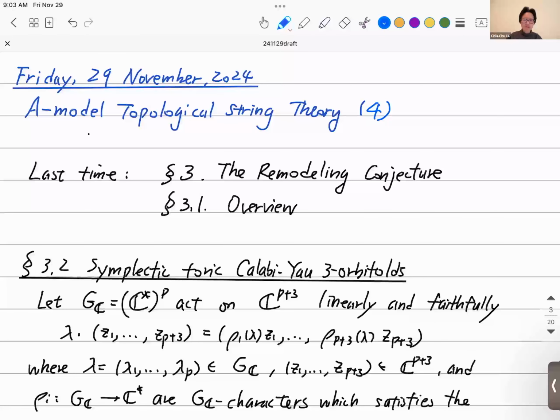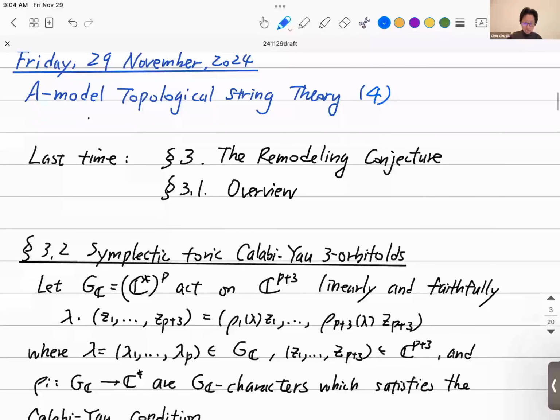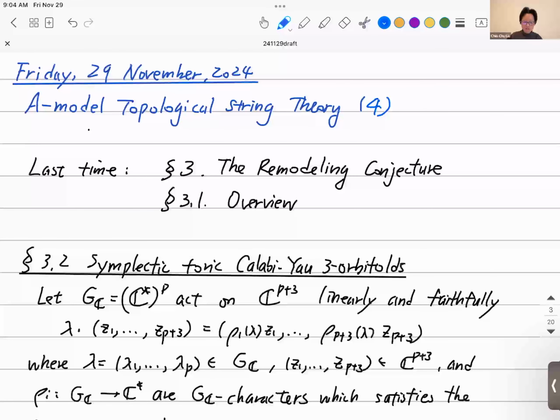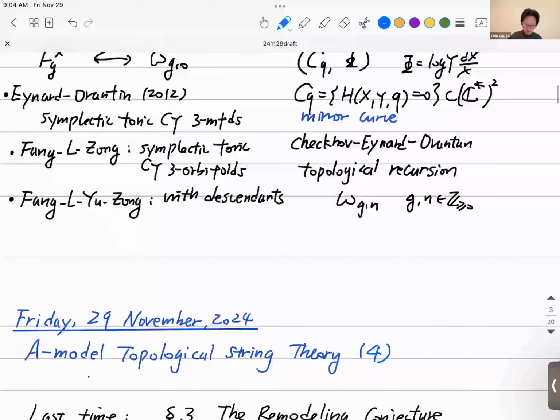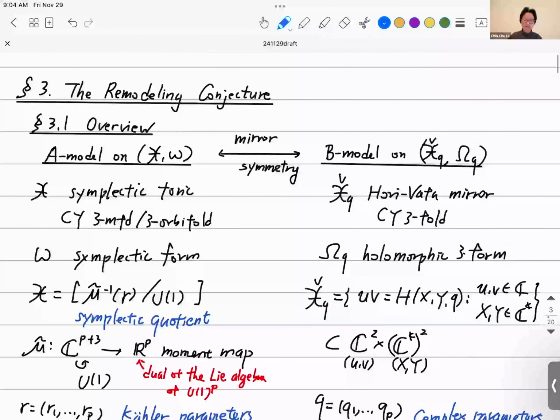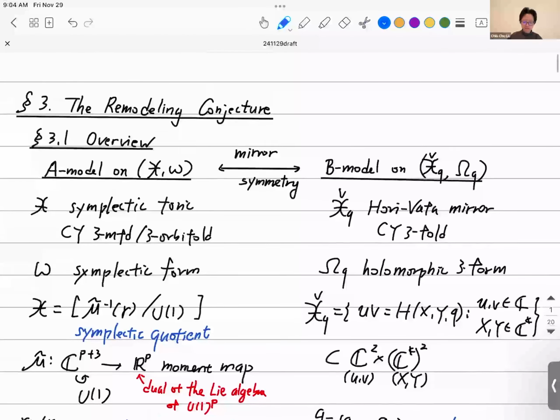So last time, we started to discuss the remodeling conjecture. We gave an overview of the conjecture, which I will call section 3.1. Today I'm going to provide details. Recall that the remodeling conjecture